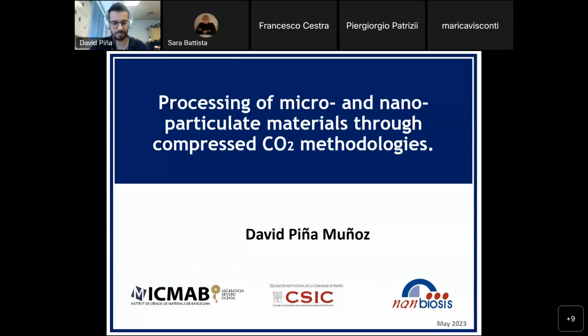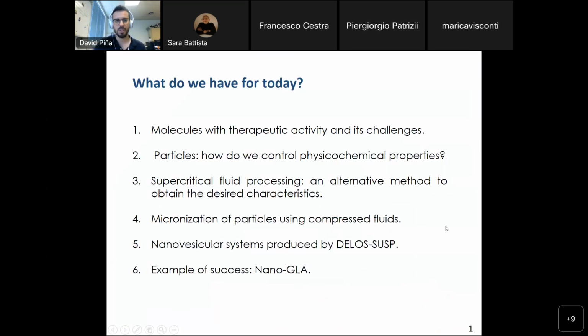So as Sara told, this talk is going to be focused on the processing of micro and nanoparticles mainly for pharmaceutical applications, but that they are produced with compressed CO2 methodologies. We're going to talk about molecules that have a therapeutic activity and what challenges they face. Then we're going to talk about particles, how particles can improve the state of the art in terms of drug delivery, and how we can control the physical chemical properties of